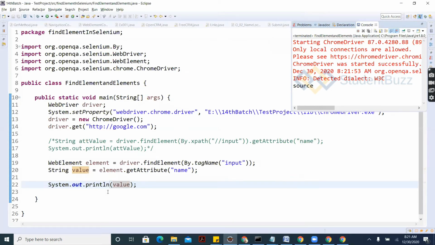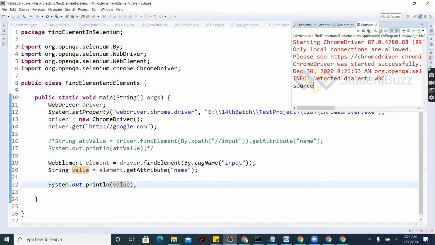Okay, same thing. Whenever you are going to do multiple actions or multiple operations on that particular element, you can store it into this particular WebElement, and you can do your multiple operations.